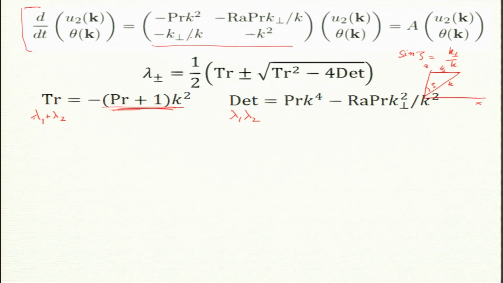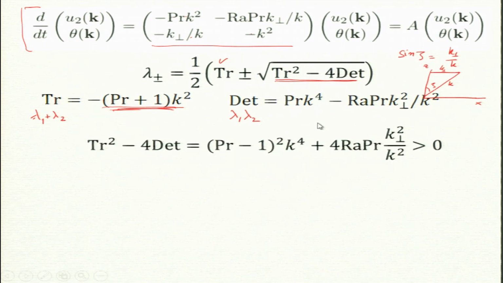So, let us first see whether the eigenvalues are real, and how do I know it is real? I need to check this quantity. If trace squared minus 4 determinant is positive, then I know that my eigenvalues will be real. This is a bit of algebra, but you can easily do it. Trace squared minus 4 determinant is equal to that and is always positive. This algebra I will not do right now, but you can easily show this. So, if this is greater than 0, then my eigenvalues are always real. Now, if they are real and the sum is negative, that means at least one of them must be negative.